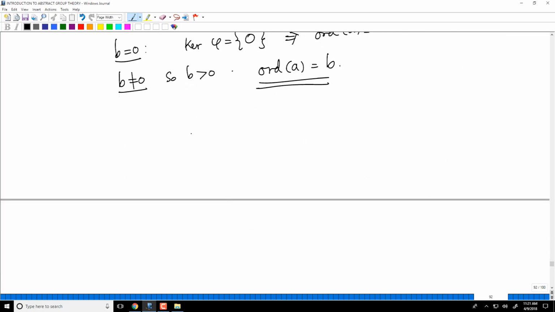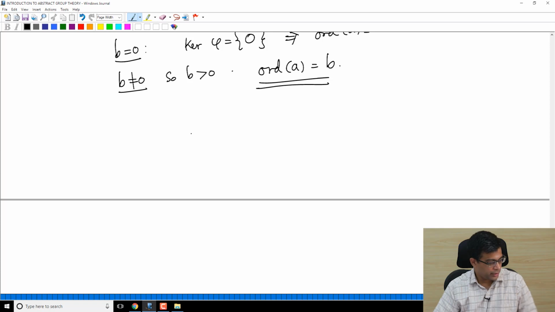These are some of the properties of group homomorphisms, and I'm going to stop here in this video. In this video we have looked at basic properties of group homomorphisms, namely that they send the identity element to the identity element, and inverses to inverses. We looked at two very important groups associated to a group homomorphism, namely the kernel and the image, and we worked out what these are in some of the examples. In the next video I will continue my study of group homomorphisms and define isomorphisms of groups.